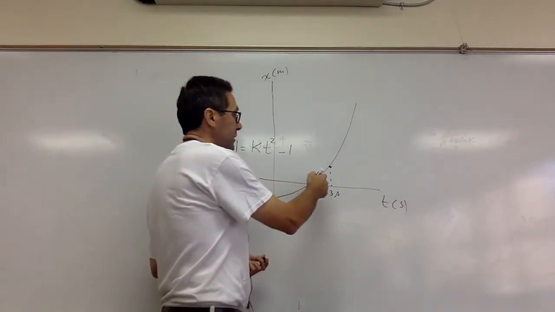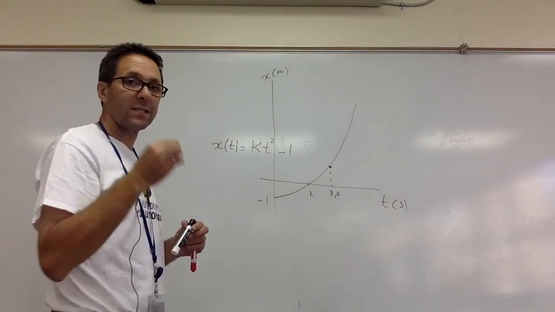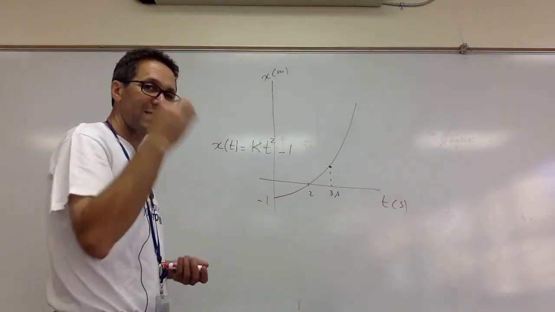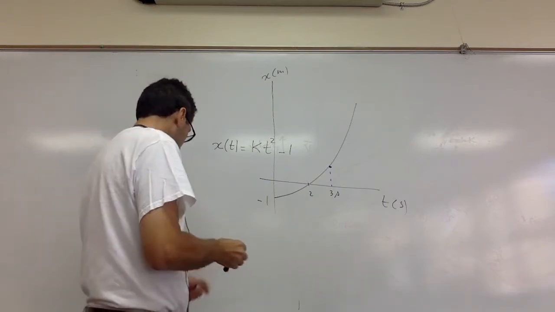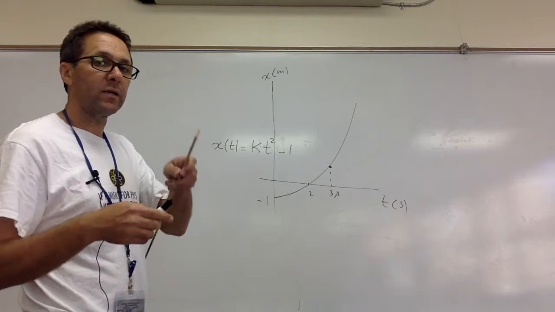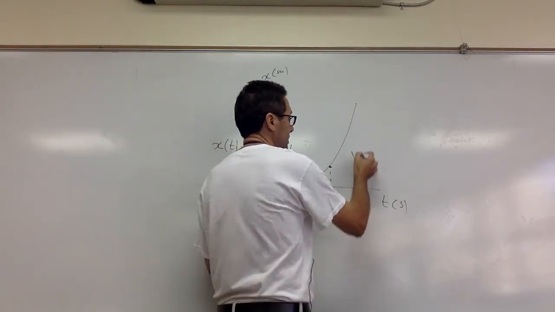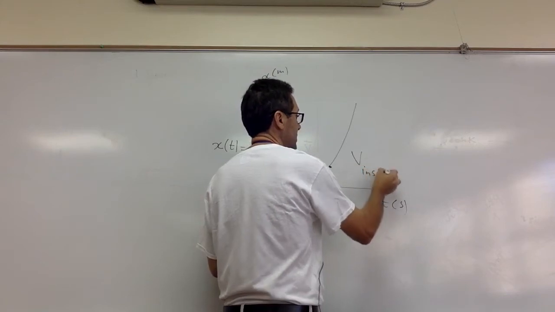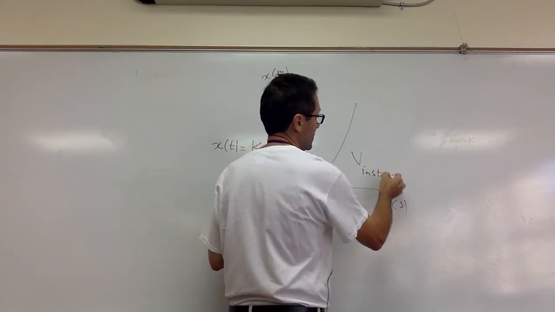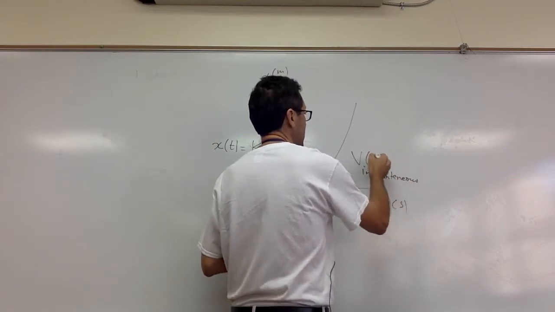If I want to find the speed at 3 seconds, I'm looking at the instantaneous speed. I'm looking at the speed at exactly 3 seconds. So in order to do that, calculus is required, but I'm just going to give you an idea of how to do it without calculus. The speed at 3 seconds, which we call the instantaneous speed, at 3 seconds